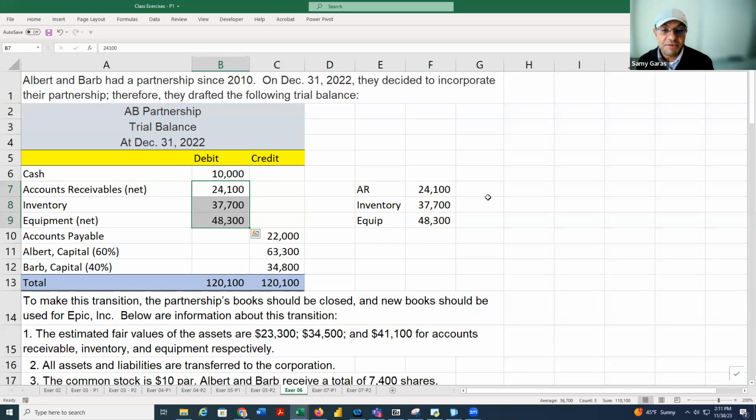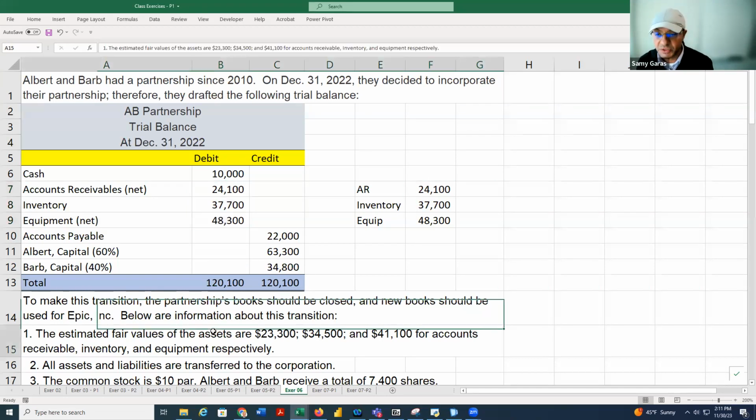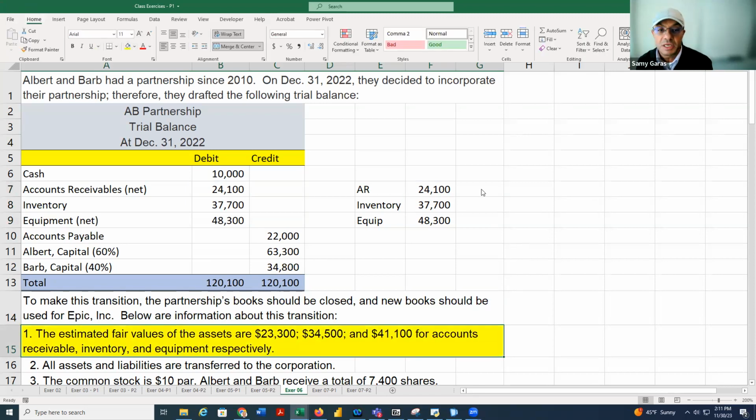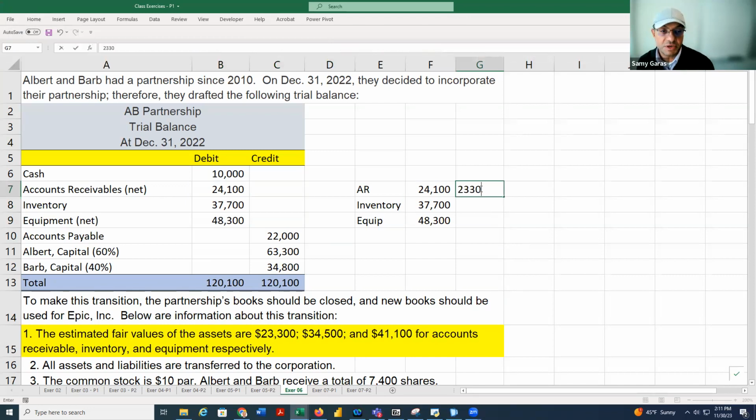Okay, but the fair value of the accounts receivable, as you can see here, shows 23,300, the inventory 34,500, and the equipment 41,100. So this tells us that all the assets have a loss in their valuation: accounts receivable 800, inventory 3,200, equipment 7,200. So a total loss of